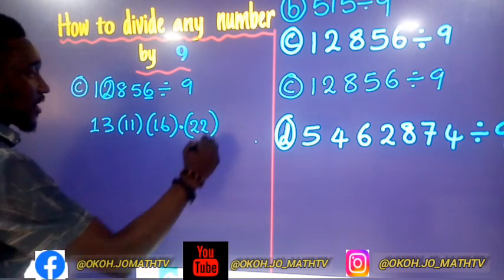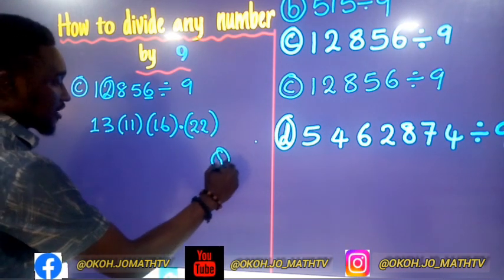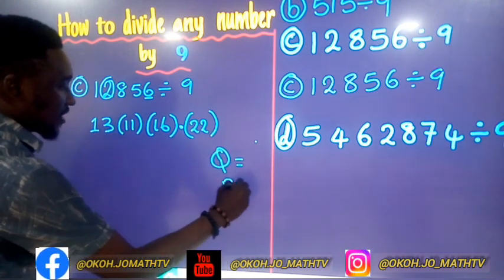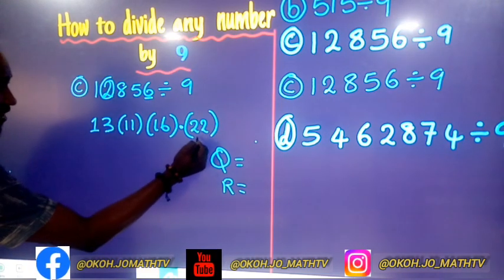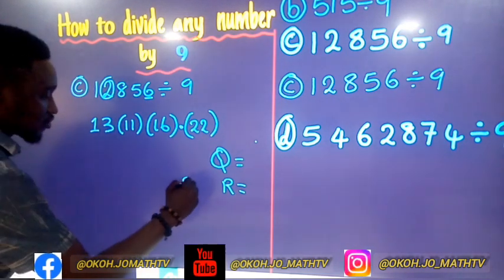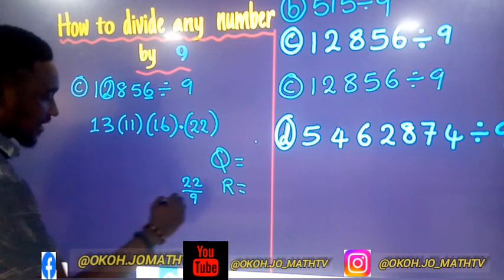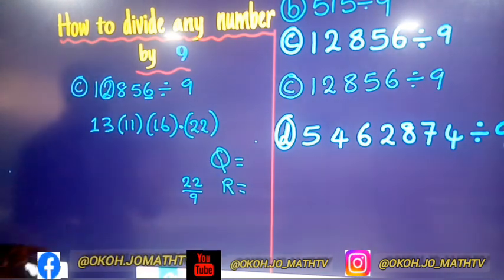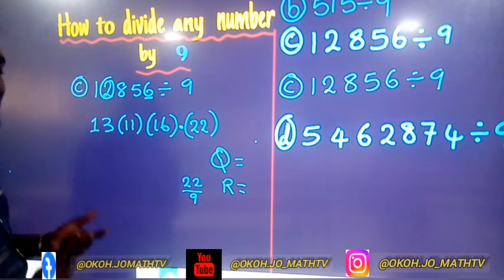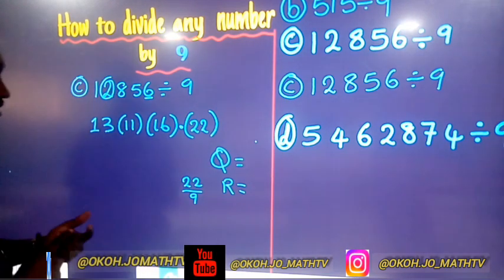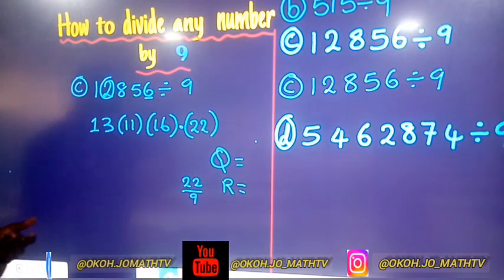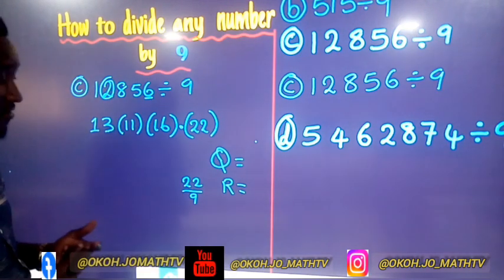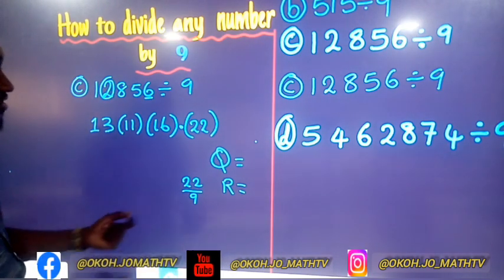At this point, we are still looking for a quotient and a remainder, and this is where we derive that from. What do we have? 22 divided by 9. Let's go into the 9 times table. 9 times 1 is 9. The next one is 18. The next one should be 27. And that 27 is bigger than